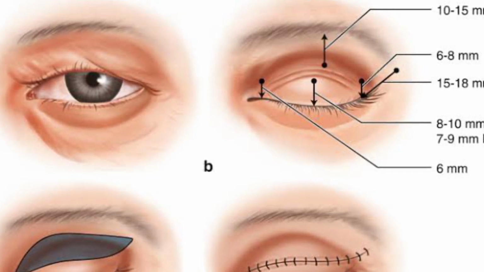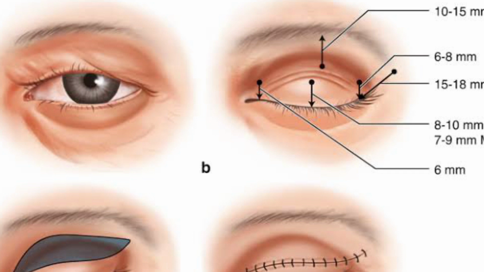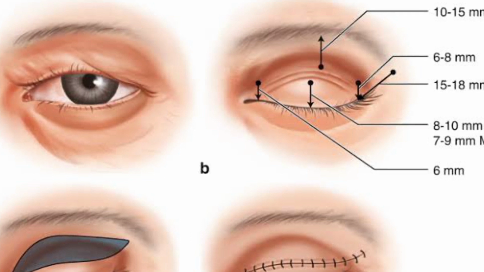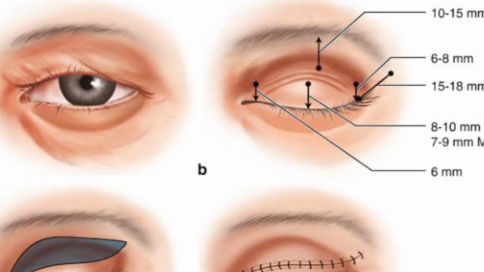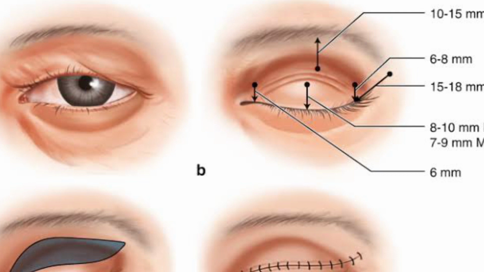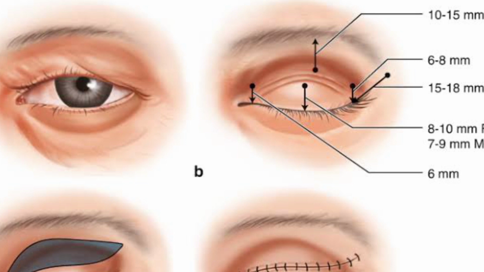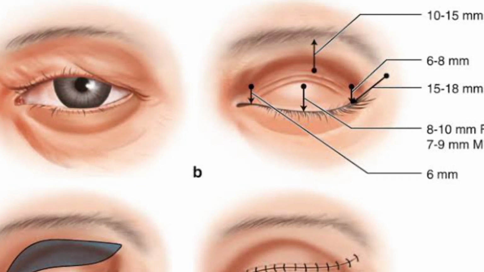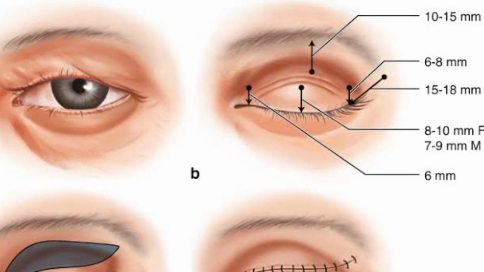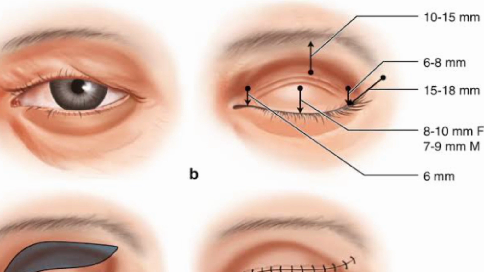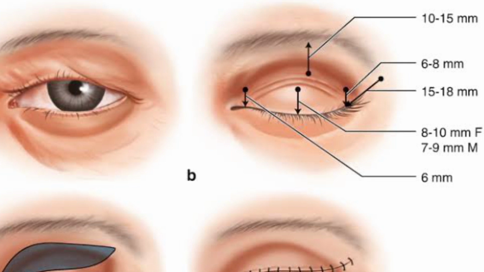The distance between the inferior aspect of the eyebrow and the upper lid skin crease on downward gaze should be approximately two-thirds of the distance from the inferior aspect of the eyebrow to the eyelid margin. Likewise, the distance from the skin crease to the eyelid margin in downward gaze should be one-third of the distance from the inferior aspect of the eyebrow to the eyelid margin. In general, a minimum distance of 10 to 12 mm should be left between the inferior aspect of the eyebrow and the upper eyelid skin excision marking